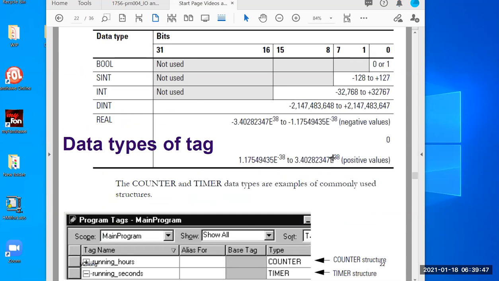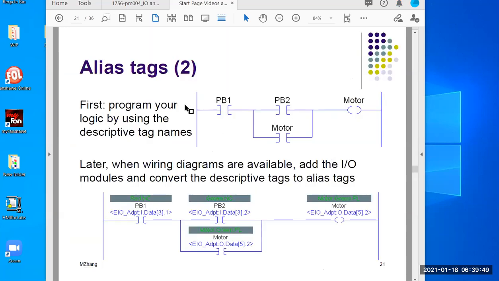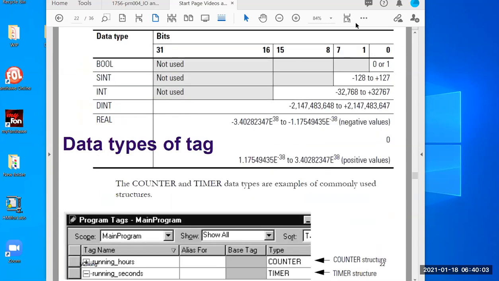All right, so over here, alias belongs to the first property, right? Tag type, right? Either called base, that's the default, or alias. There are also other types we don't need to worry about now. All right. Second property is this, the data type, right? Data type that I'm showing you over here in the Logix 5000 memory,